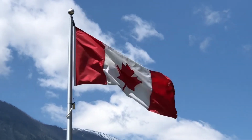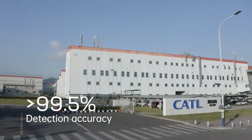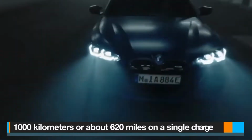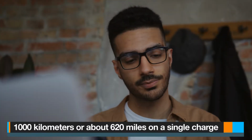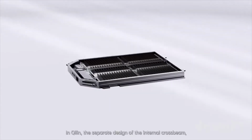Chinese EV battery manufacturer Contemporary Amperex Technology Limited, or CATL, has recently unveiled an electric car battery that has a claimed range of more than 1,000 kilometers, or about 620 miles, on a single charge. Yes, you heard it right, 620 miles, and you can expect this next-generation Qilin battery to be in production next